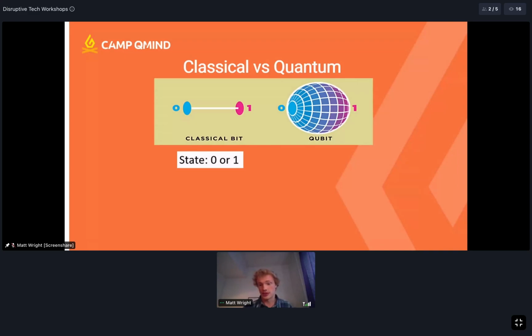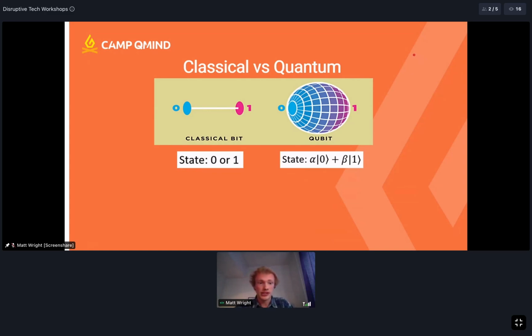Well, the state's a little bit different, and that's why it's so interesting. It can be a 0, 1, or it can be a combination of the two. That's what's referred to as superposition, which I'm sure you may have heard of. Superposition is literally just a linear combination of the 2 states. We'll explore this in more detail later, but there's a really deep and fundamental tie between quantum mechanics and linear algebra and probability. This is the first example of a linear combination of two what are actually vectors.